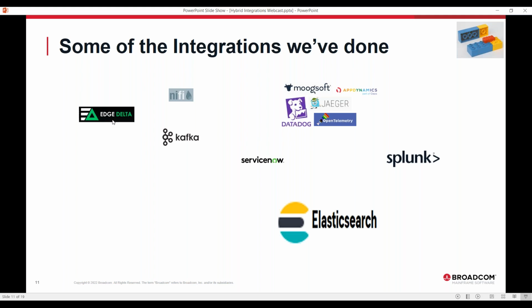They have an interesting alternative to the traditional consolidated observability systems. So we've played a bit with that too, and we may come back and show you some more of that in the future.